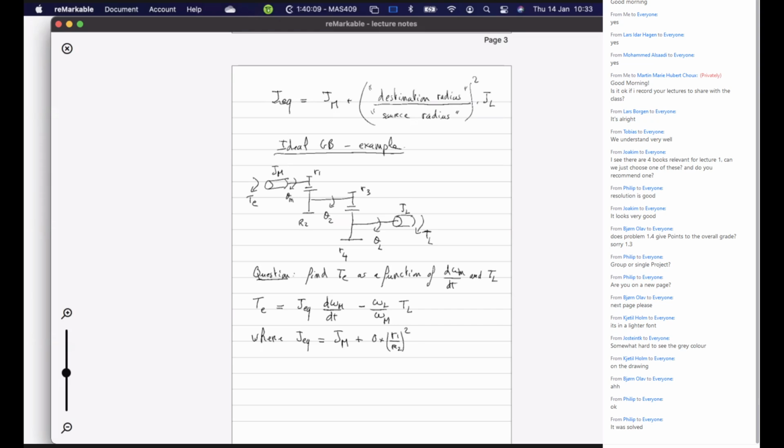We multiply by 0. And then the third inertia, GL, will be multiplied by destination, which is R3 divided by R4, and then R1 divided by R2. So we can put it together, and it will be R1 times R3 divided by R2 R4, squared, times GL. And if we look now at omega L divided by omega M,